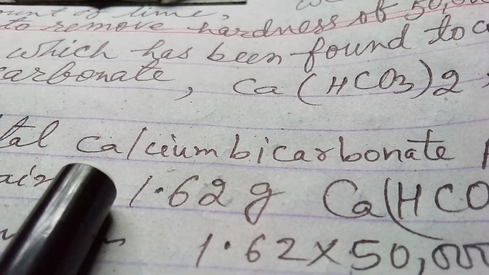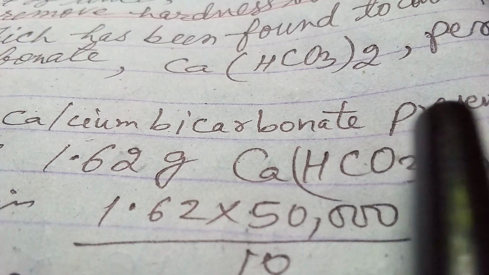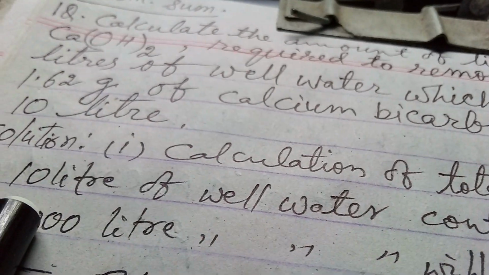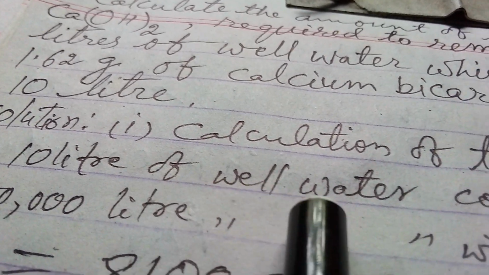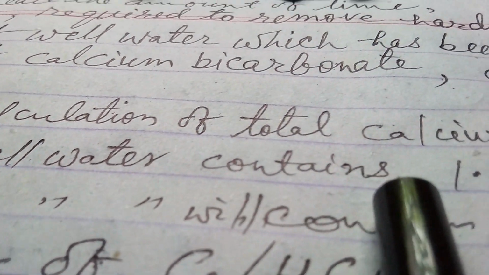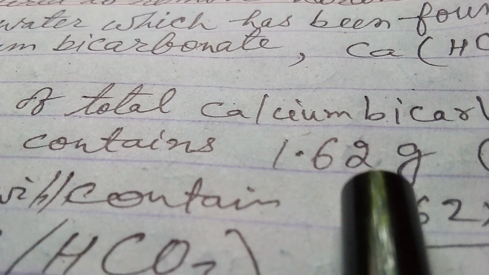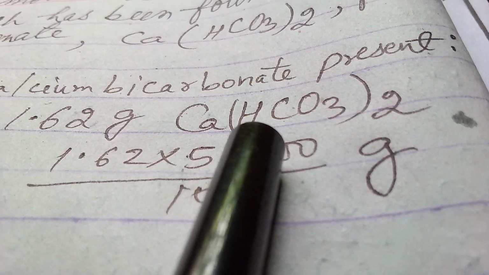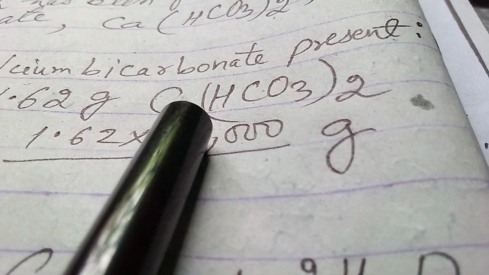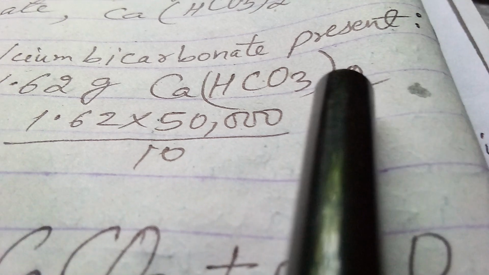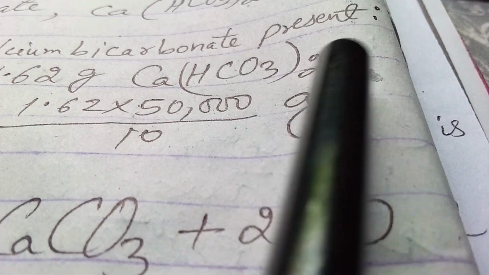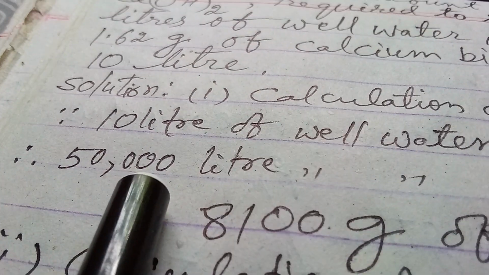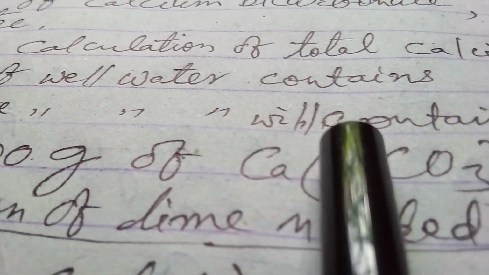That means how much calcium hydrogen carbonate is present, that we will calculate. So since 10 liter of well water contains 1.62 gram of calcium bicarbonate, that is Ca(HCO3)2 or calcium hydrogen carbonate, therefore 50,000 liter of well water will contain